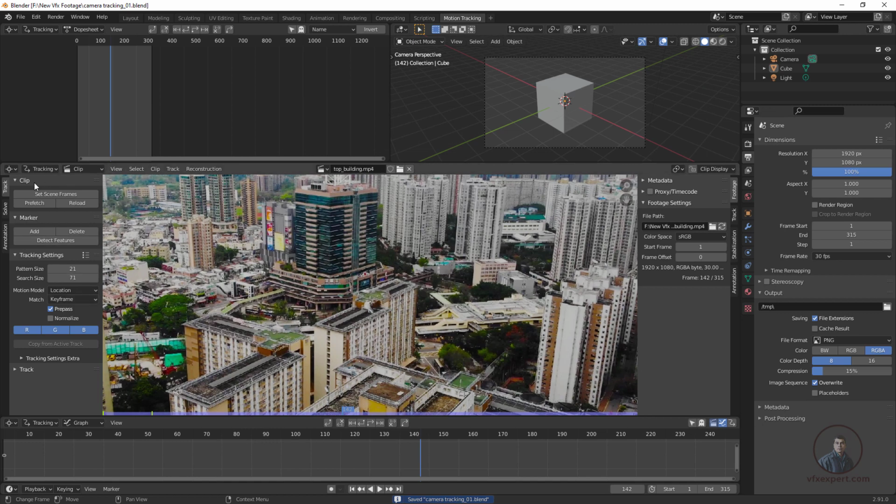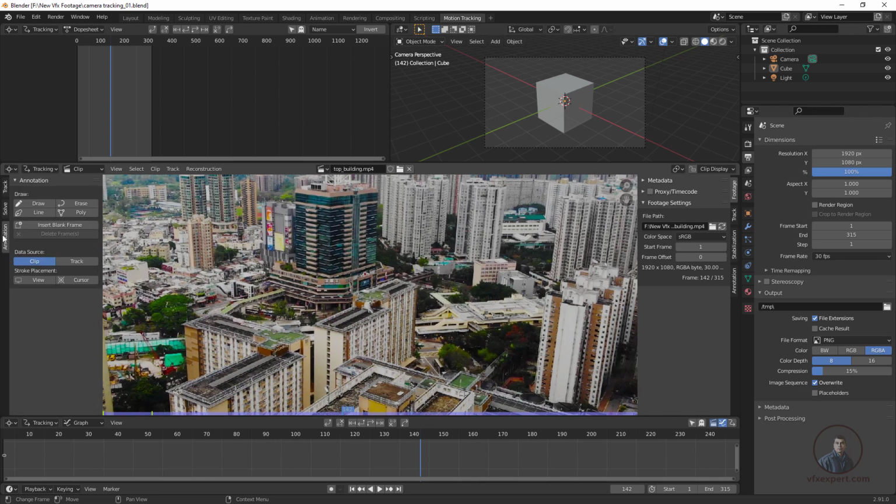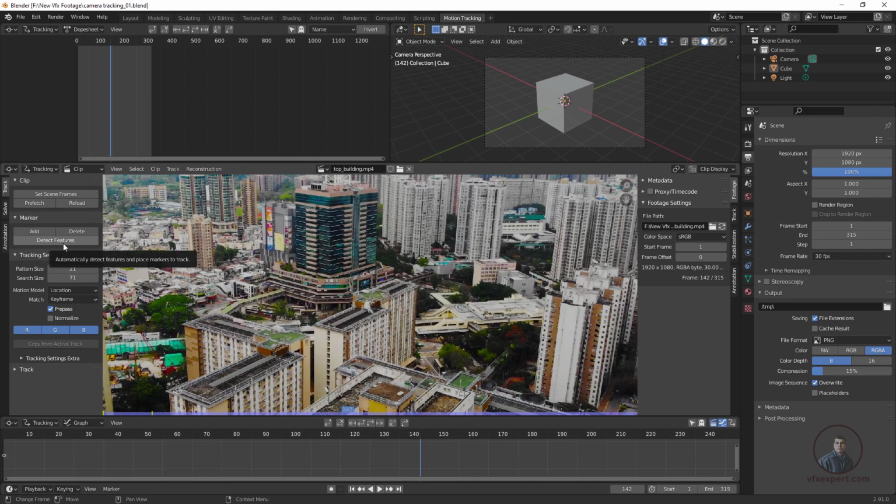On the left side, if you see, these are all our tracking parameters here. By default you are inside this Track option, then here you use the second option Solve, then the third option Animation. Okay, so first we have to come here to our Track options. Now inside this Track option you will see these are the tracking parameters. Here the first option, Detect Features, means auto tracking.